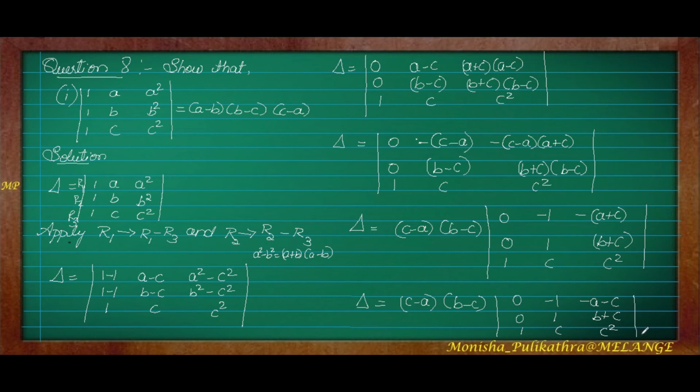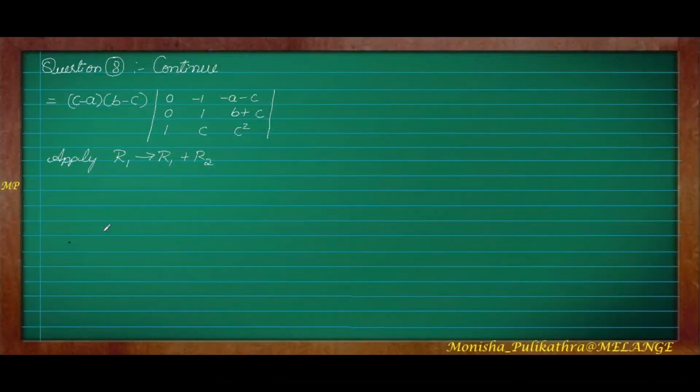We need to continue this problem. I hope up to here you have understood. Let us continue the 8th question. The 8th question we stopped here. Next I have to make some changes here, so that we get A minus B also. In the first row there is A minus C, here it is B plus C. I need to make one of the rows into A minus B, so that I can take the common here.